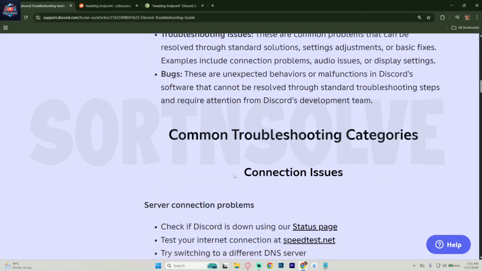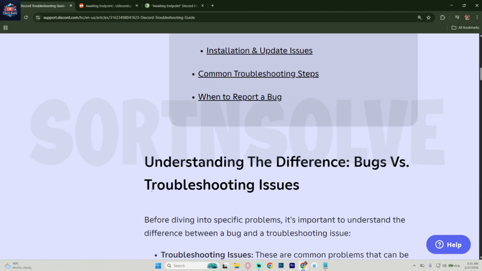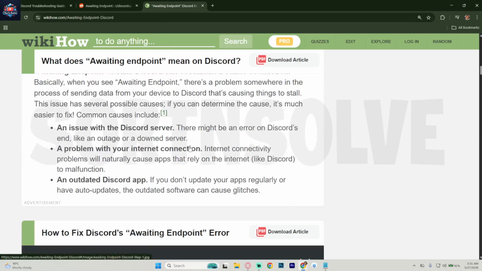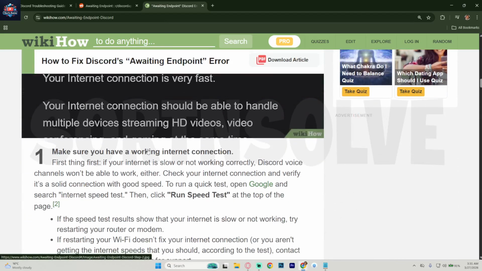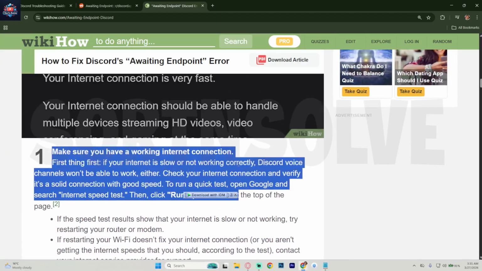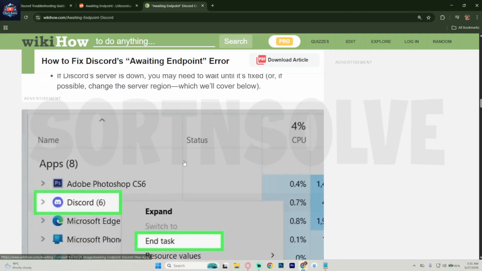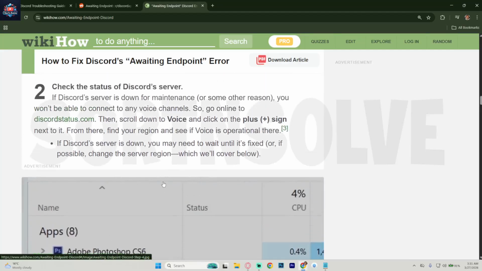Next, restart the Discord app completely and reopen it, or log out and log back into your account. If you're on desktop, you can also clear Discord cache by closing the app and deleting cache files from the app data folder. Another quick fix is to change your voice region in the server settings if you're trying to